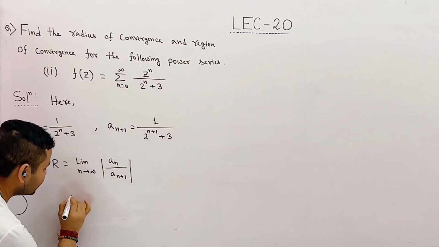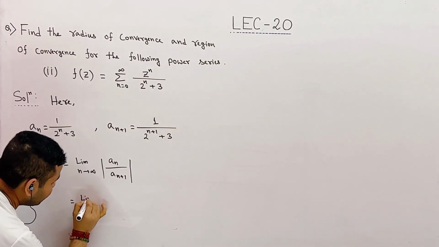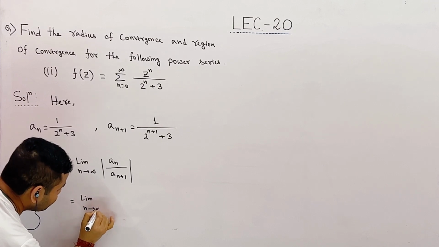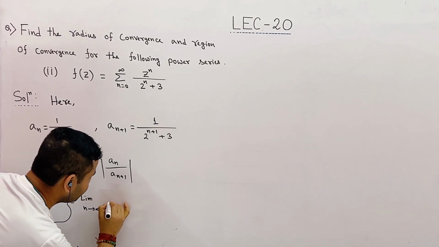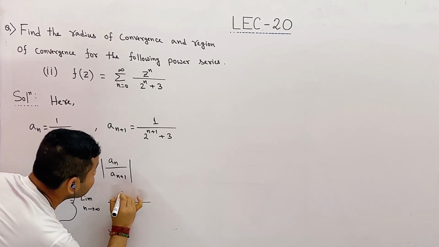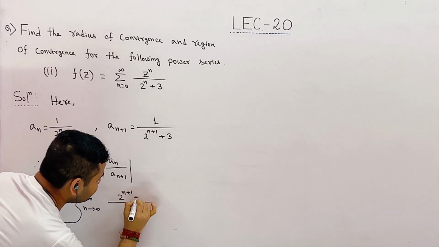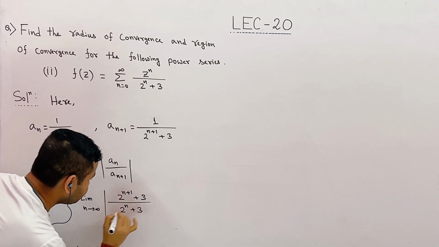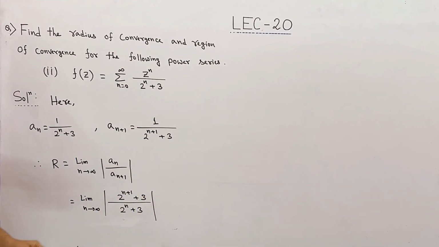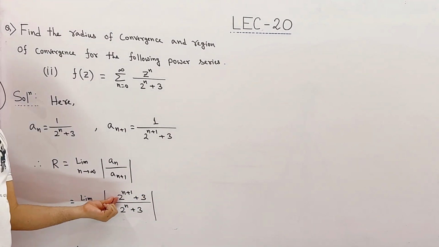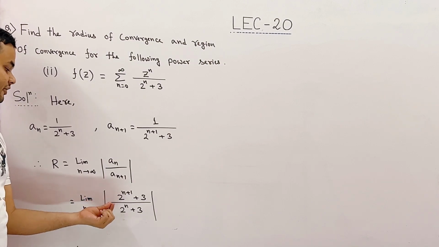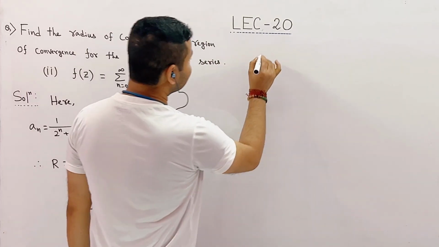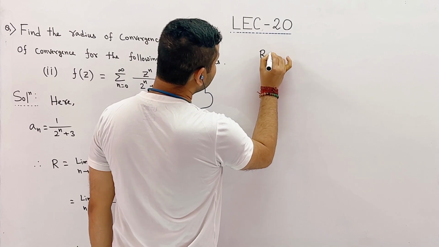So finally we will get limit n tends to infinity 2 to the power n plus 1 plus 3 divided by 2 to the power n plus 3. Now let us take 2 to the power n as common from numerator and denominator. So finally we will get R is equal to